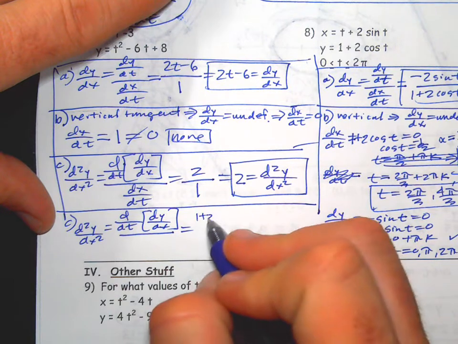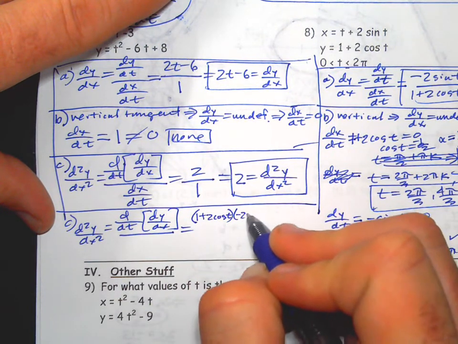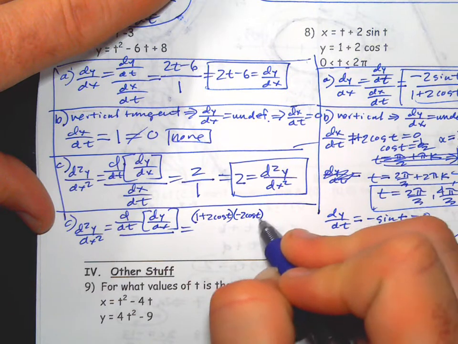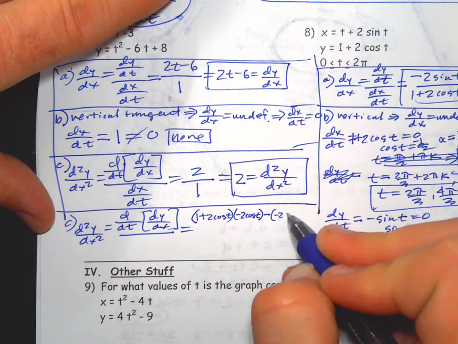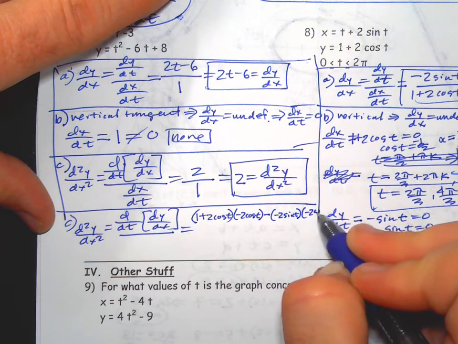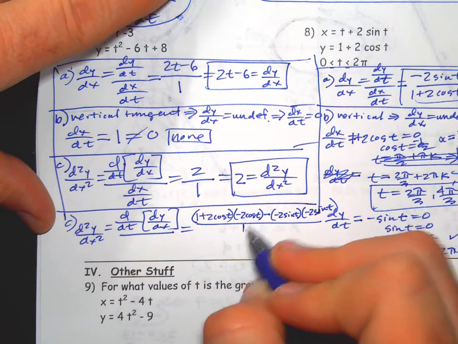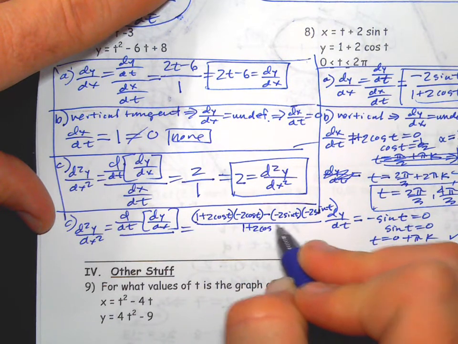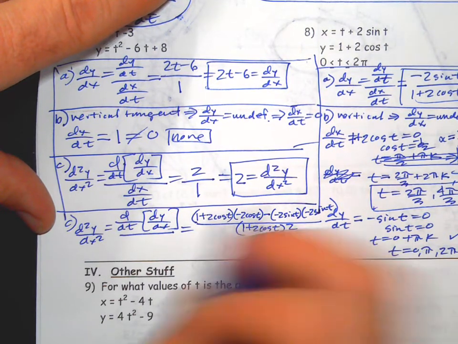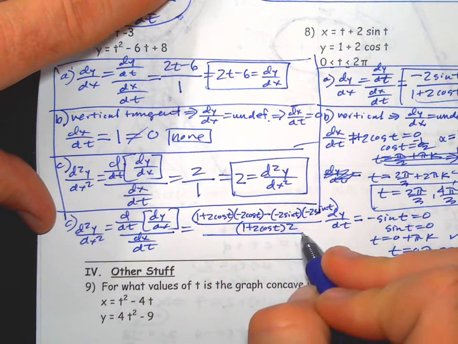Low d high minus high d low, all over low squared. Then we're going to divide by dx/dt, which is